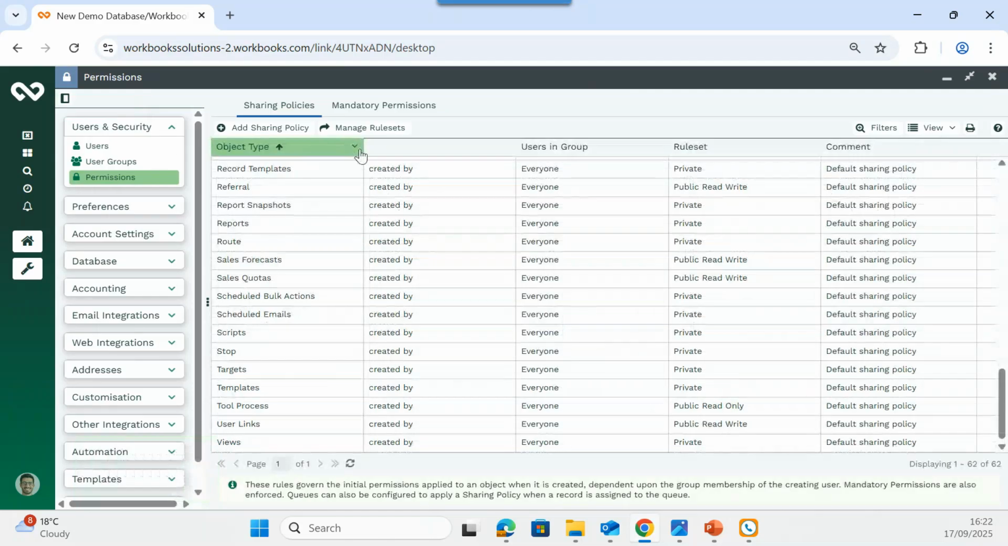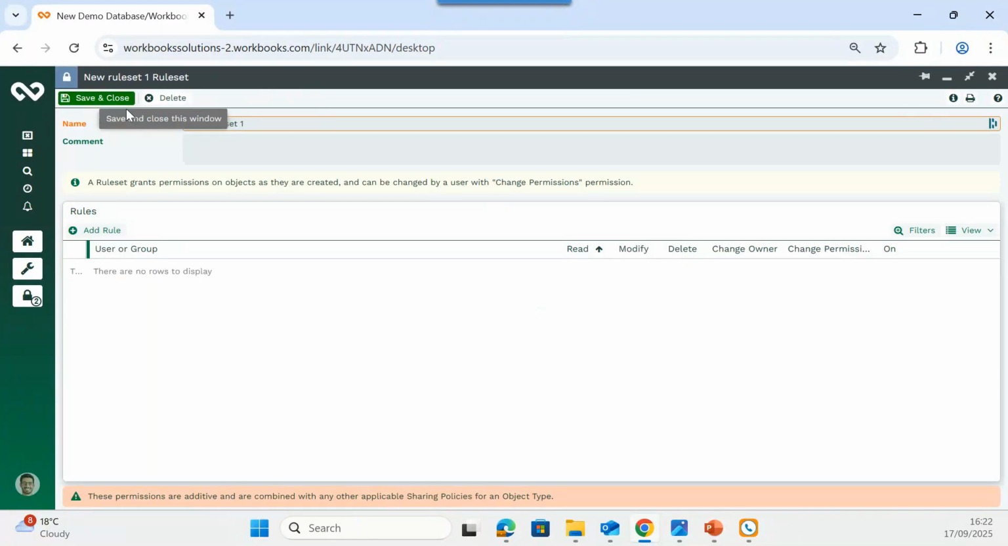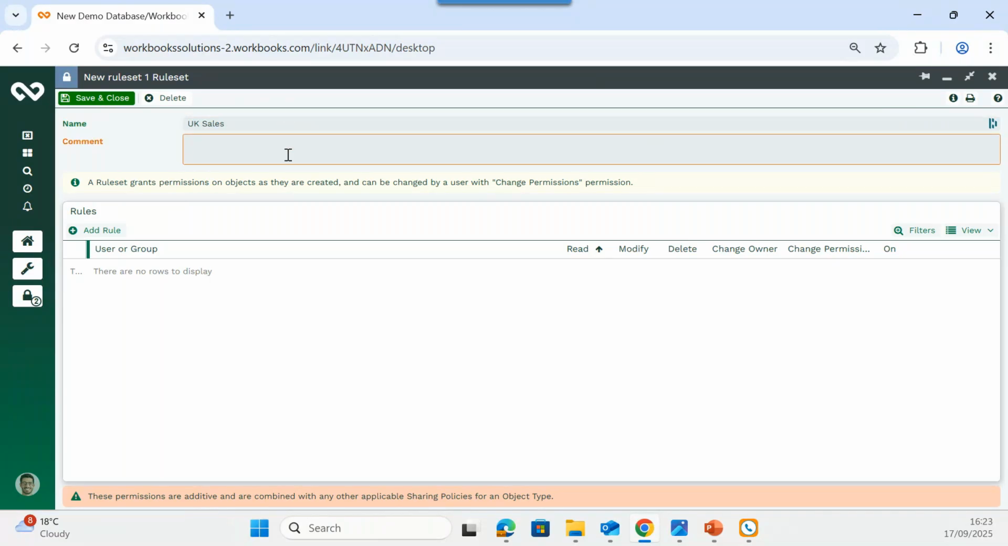Next, we create new rule sets for UK and France. To do that, you click Manage Rule Sets, and then New Rule Set. I'm going to first create the rule set for the UK sales team. So I'm just going to put UK sales. And then put in a comment like, give users in the UK sales team